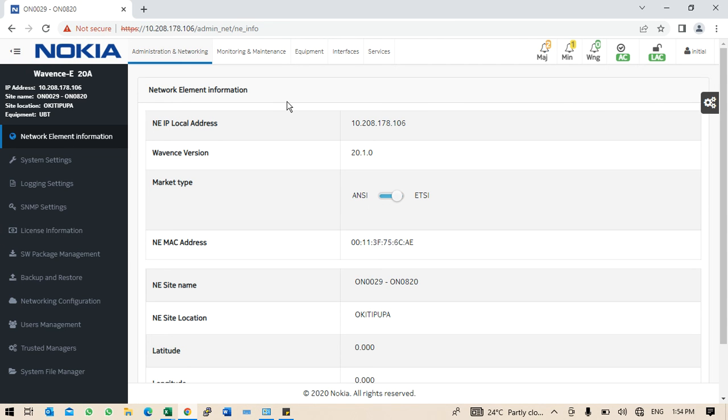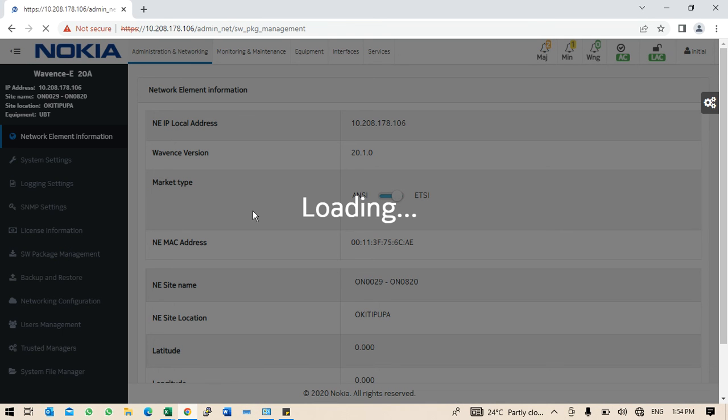Okay, if you notice, in the first place while we were configuring, this was not there while we were still on the former software version, but now we have it here. And there are some other little features you will see after loading the new software that were not there while we were using the old default software that comes with the